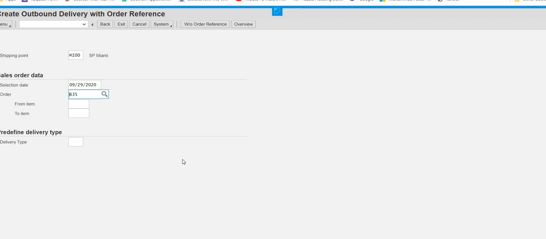So this is the delivery note. This is our step number 2. Actual step number 2. In the exercise it is 3 because the first one we skipped.